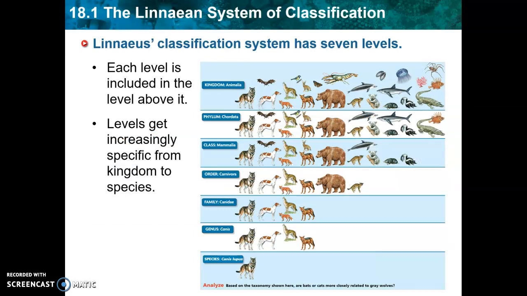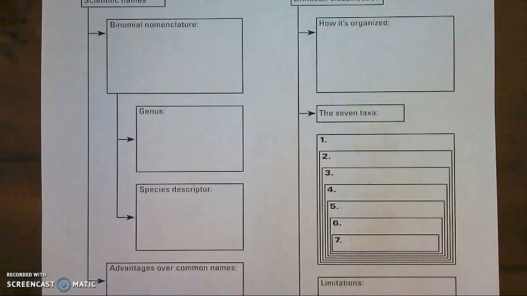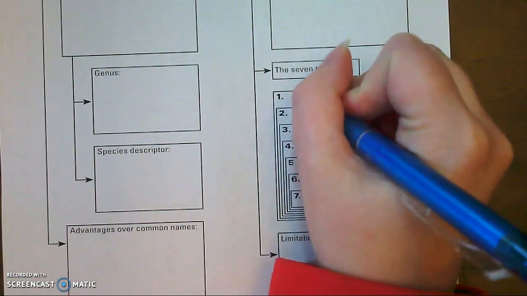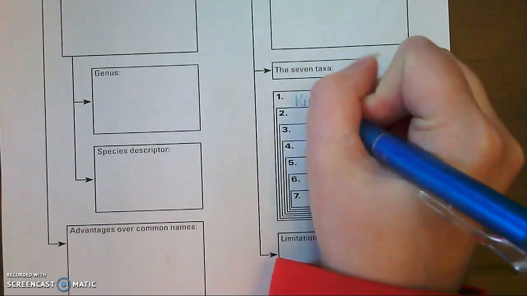So this classification system has 7 levels, or seven different taxa, if we use that term we talked about earlier. And this diagram here shows you what those 7 levels are. So make sure that you're writing this on your note sheet here, where it has the 7 taxa. We have kingdom,